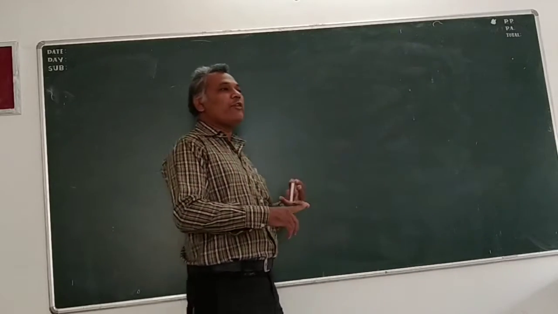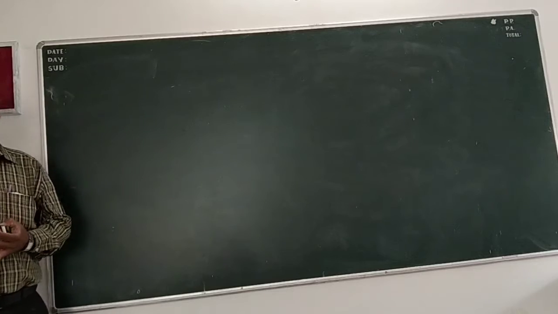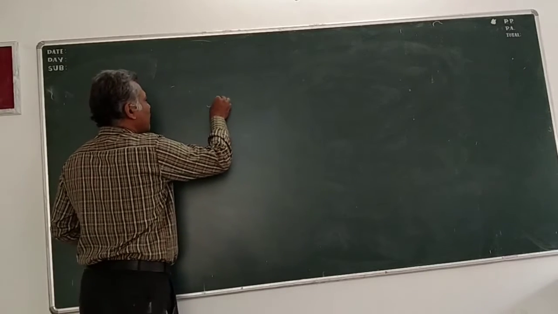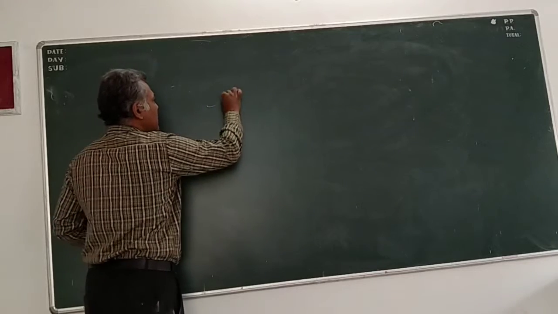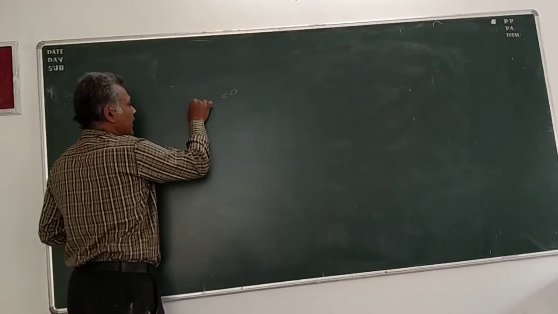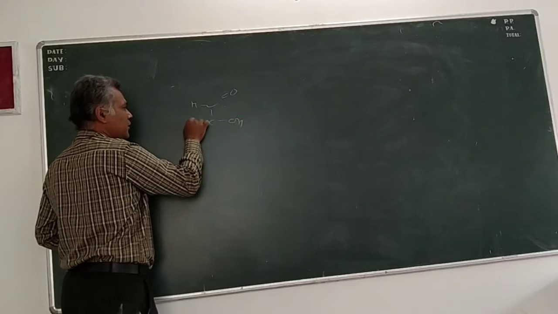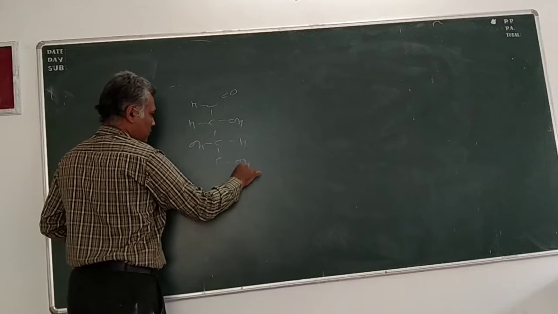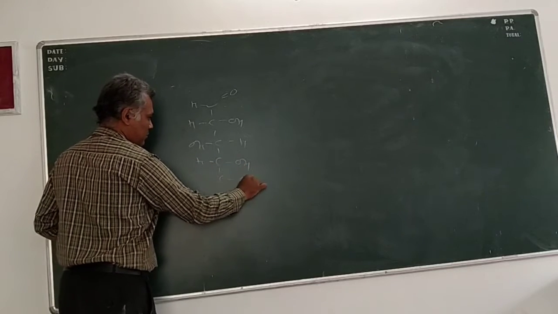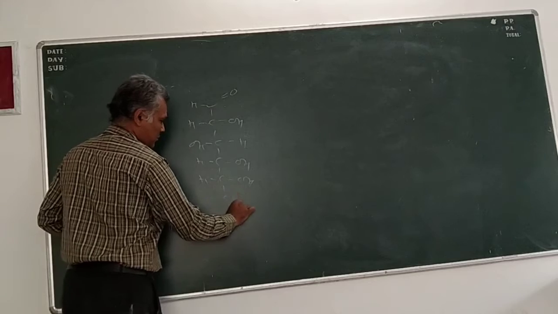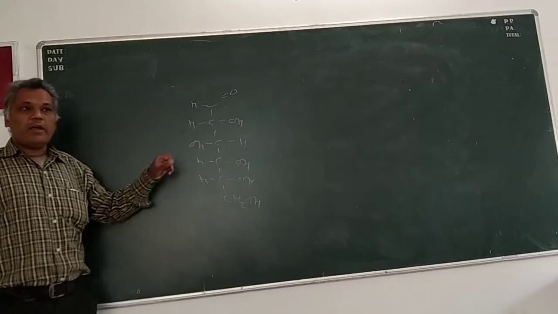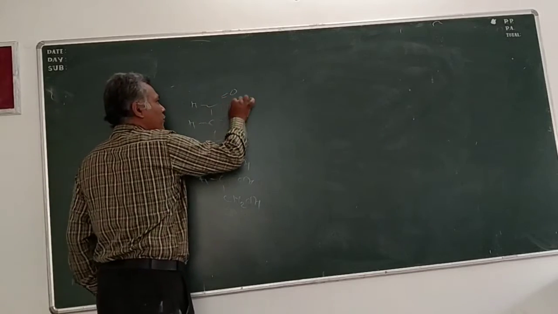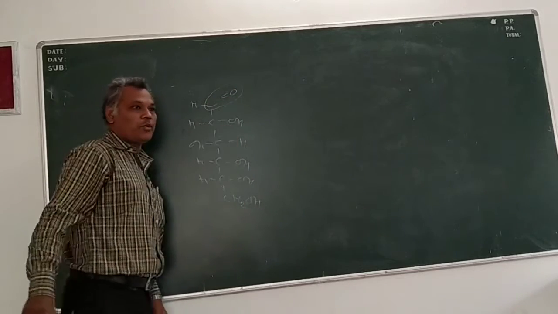Now the second reason that we want to prove is that it contains a carbonyl group, right? We are drawing the structure of glucose as C double bond O, H, OH, H. Now the first factor, we proved it is linear. Second factor, now we want to prove that it contains a carbonyl group.